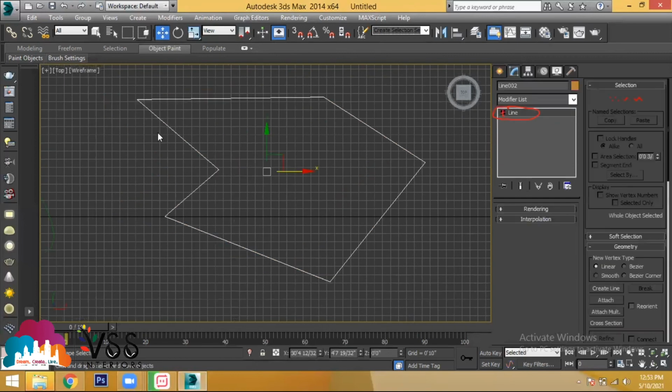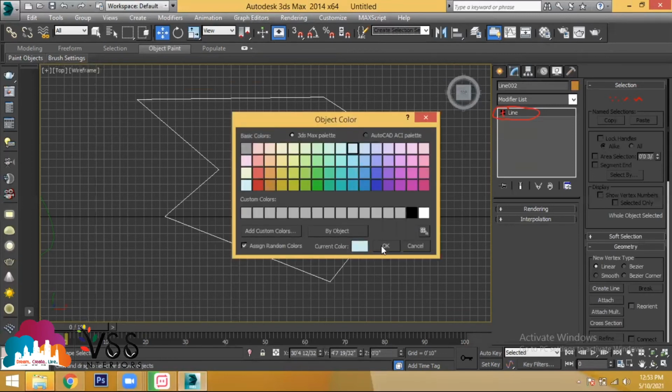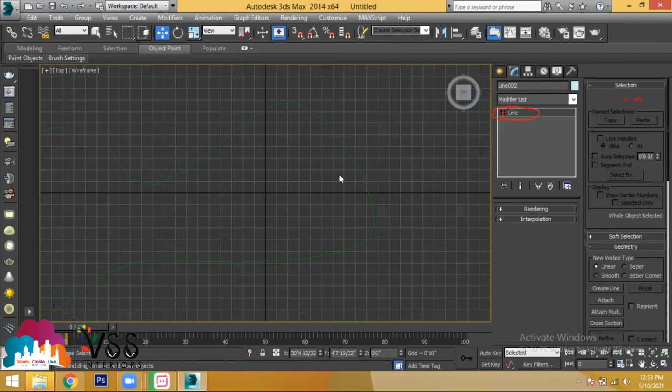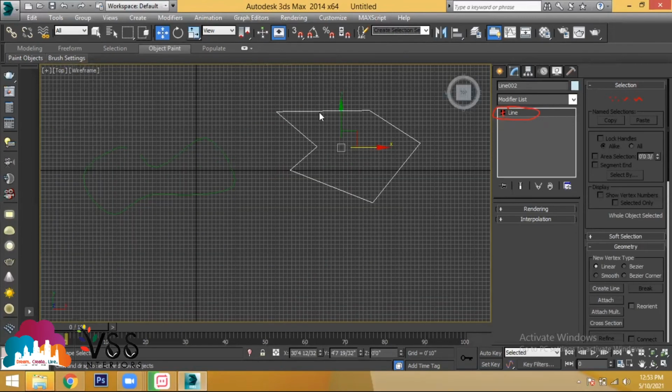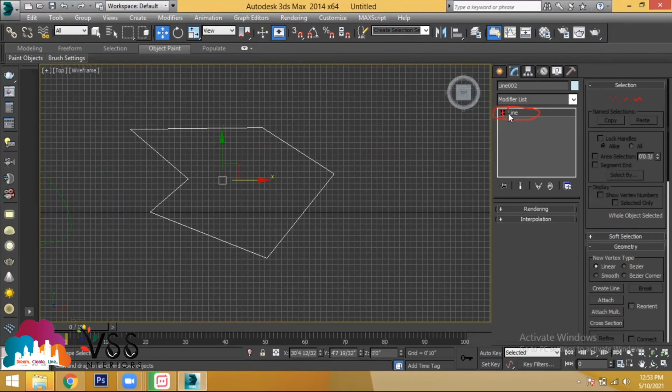And if you see the object I've selected, if you want to show the object in a light shade, you can click this color option and change to the light shade for selecting the object properly. Even if you deselect, you are able to see the object properly. Click this. And here you are able to find a plus option beside the line. Let's click this plus.